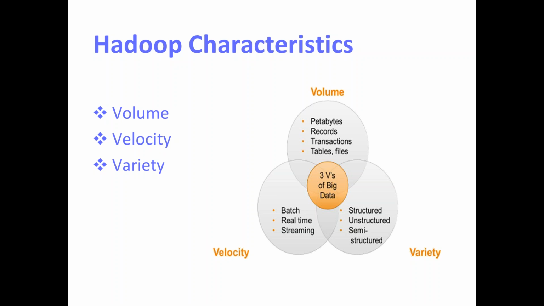So we cannot think of any particular volume as big data by itself. We have to take care of all these 3 V's, and only then can we compare it as big data. We can say 1 GB of data is big data when comparing it in terms of the velocity of data. If I'm getting 1 GB of data every second and I want to process that, that is big data for me. That is a challenge for me with the traditional systems. So comparing these 3 V's,